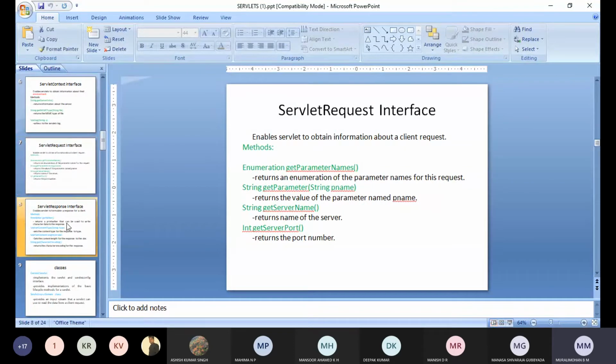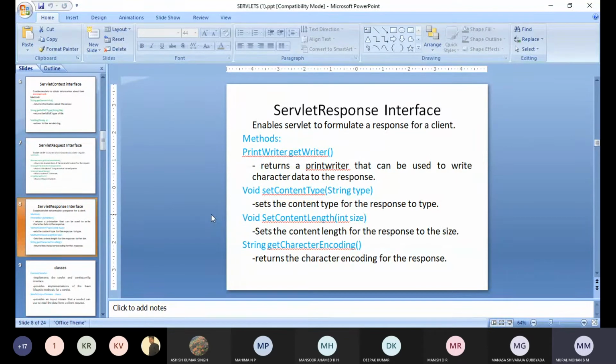Next, the ServletResponse interface. This will enable the servlet to formulate a response for a client. The methods are: the getWriter method returns a PrintWriter that can be used to write character data to the response.